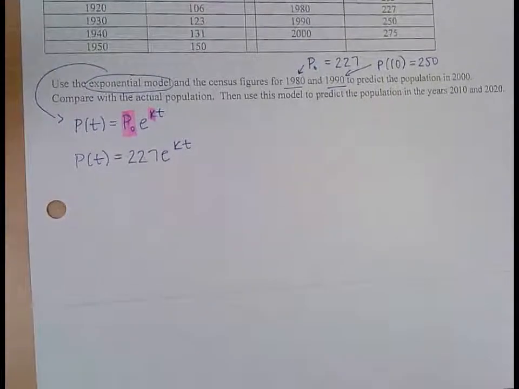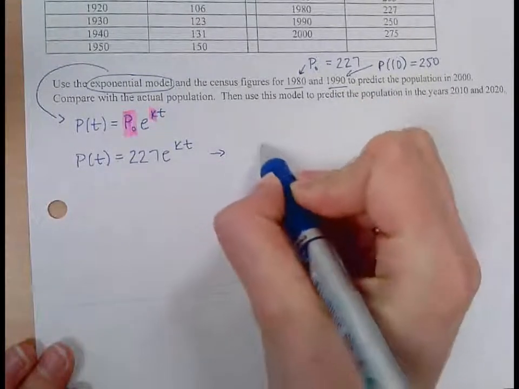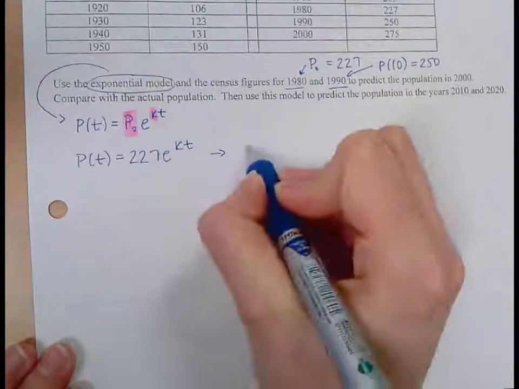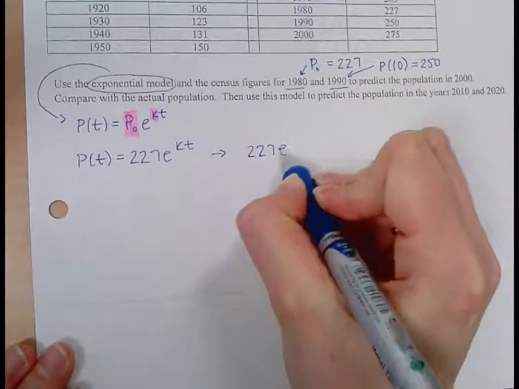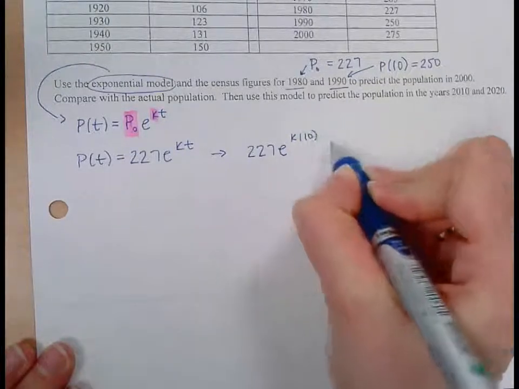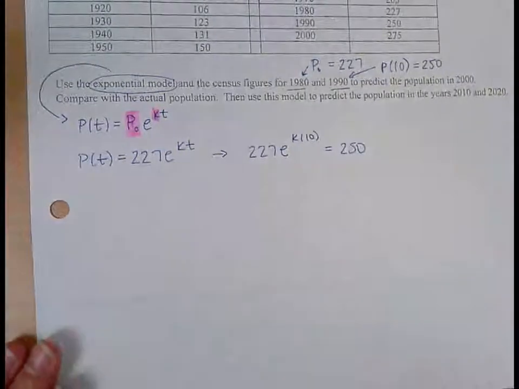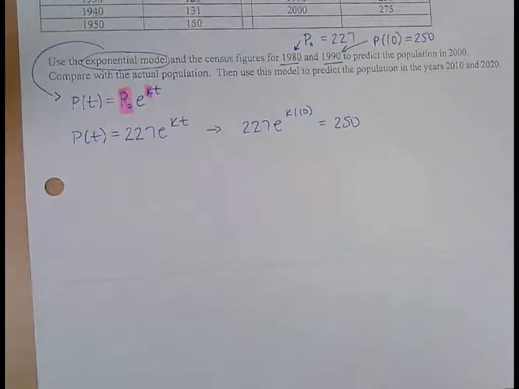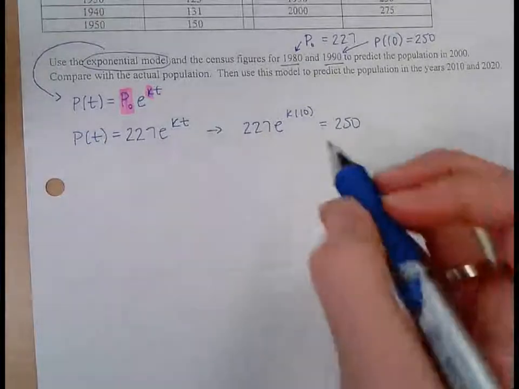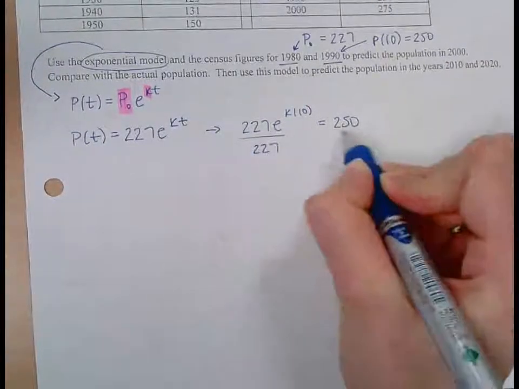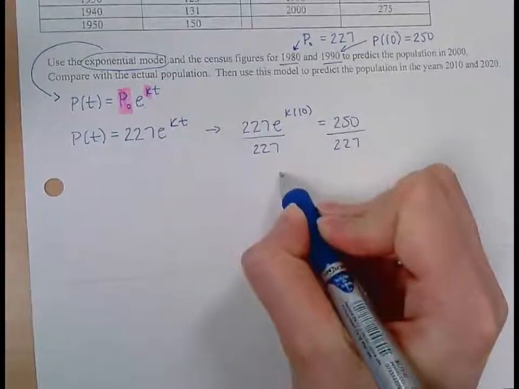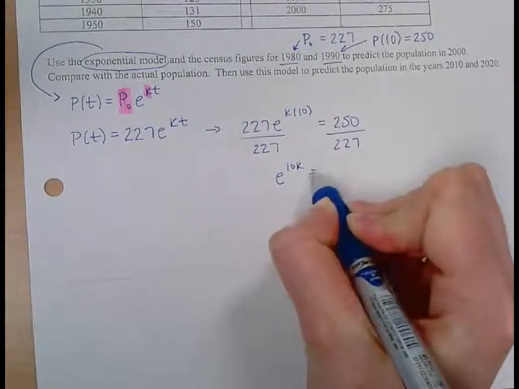And yes, so usually to find k, you need the initial amount, or something to put in place of the initial amount, and then you need another ordered pair that you can use to substitute in so you can find your k value. So if I substitute that in, and I'm going to write the equals 250 on the other side, I'd have 227 times e to the k times 10 equals 250, and solve for k. So I would have to divide by 227. So e to the 10k is equal to,